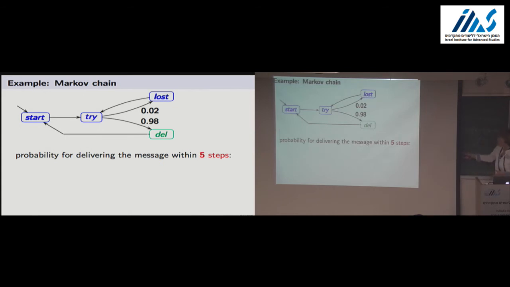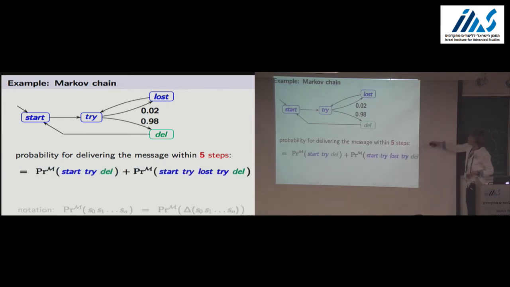Okay, let's look again at this example from before. Now we do not need to talk about rewards, we just look at probabilities. And the first event we consider is: deliver the message within 5 or fewer steps. So we have just a single starting state, and there are 2 possibilities to deliver the message within 5 or fewer steps. Either we go from start to try to delivered directly, or from start to try to lost to try to delivered. So we have 2 cylinder sets spanned by the paths start, try, delivered, or start,